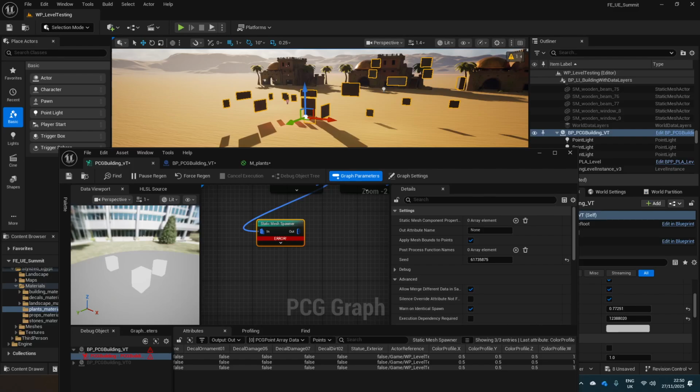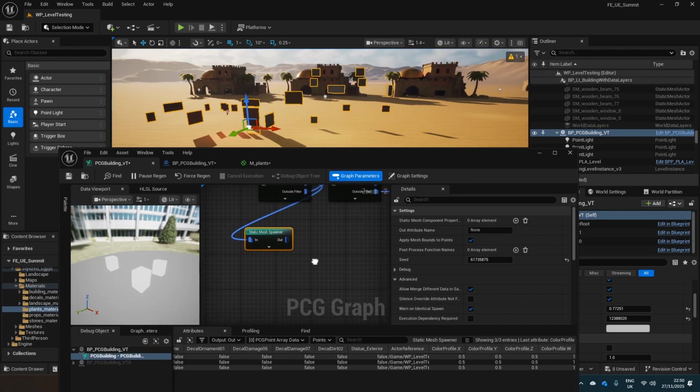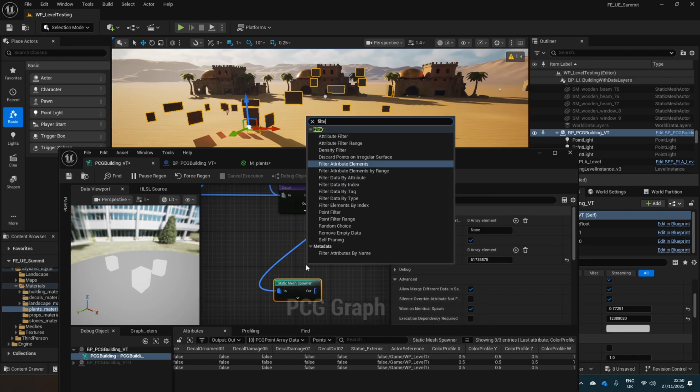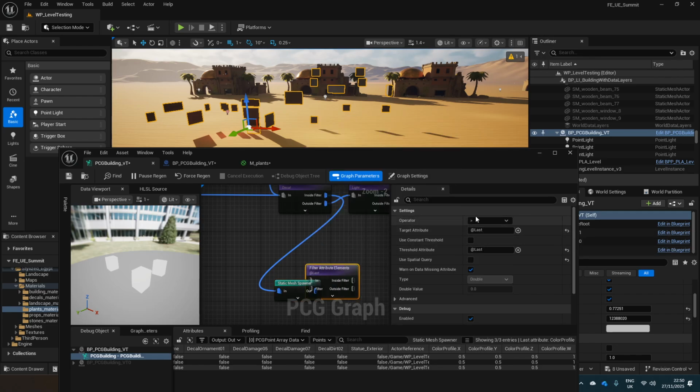Welcome back. Okay, so let's start attacking these decals by spawning them. So the first thing we're going to want to do, come out of here, is let's start filtering attribute elements. We're going to filter specifically for a target attribute, and I'm going to start with just my decals, right? So I'm going to start with something like decal damage 06, which is my first of my